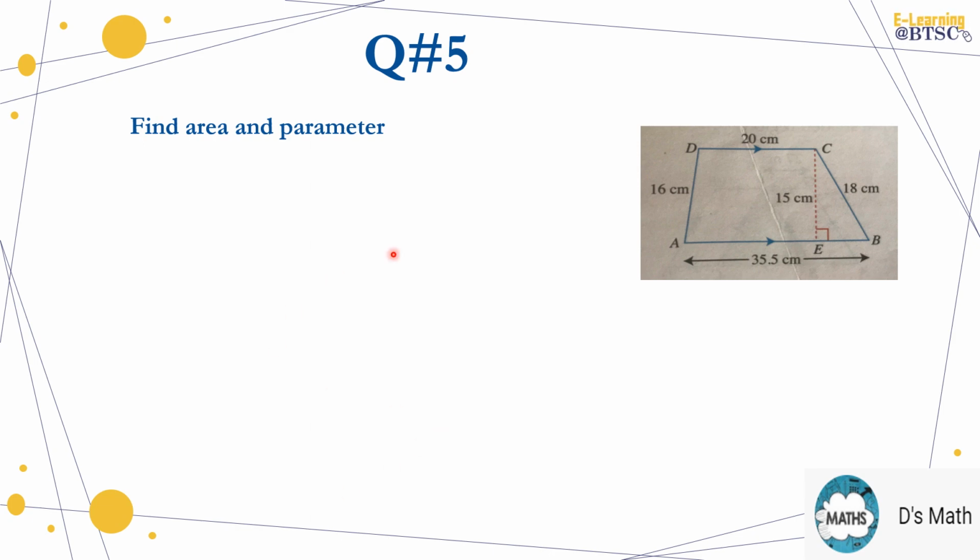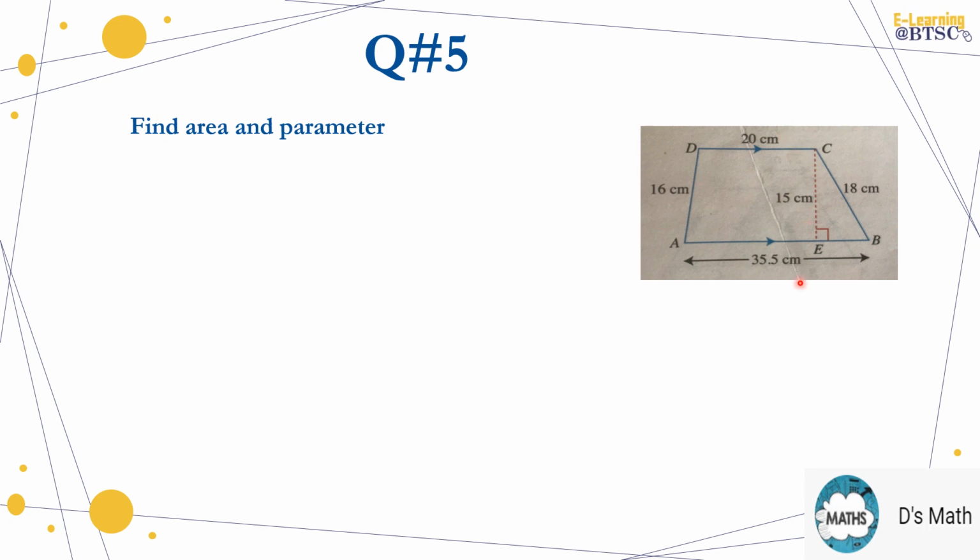Question number 5 is your homework. You will do question number 5. You will find the area and perimeter. You are given the figure. This is your figure. You will not be told whether you have to use the formula of trapezium or the formula of parallelogram. It is clear from the figure that it has